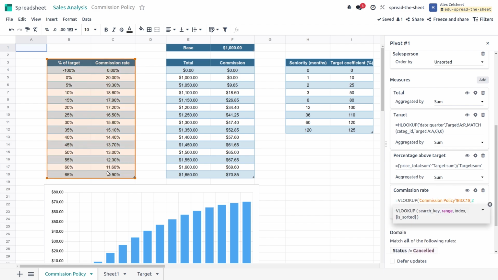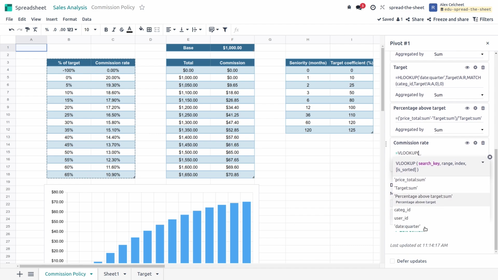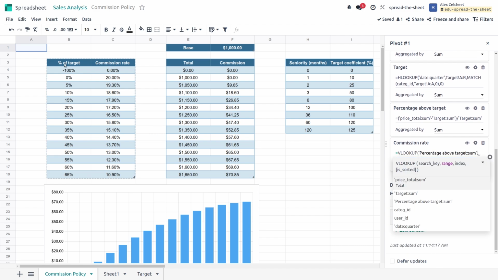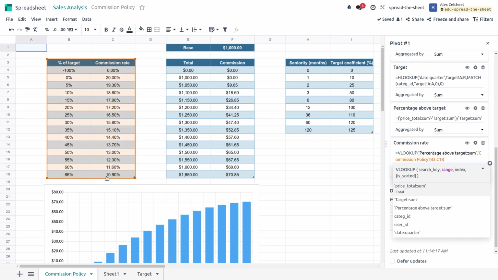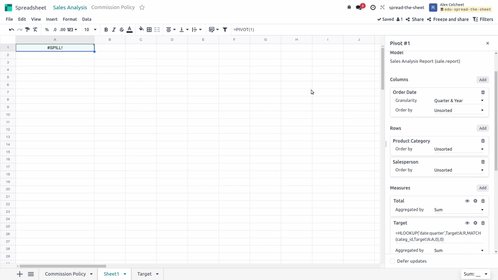The range will be then 2 up. So first of all, I need to VLOOKUP not for the range, but for the percentage above target into this table up. The index will be 2. And in this case, the data is sorted, so I need not to put a 0, but a 1 in the formula. Here I have a spill error because I added so many measures, my table is too big to